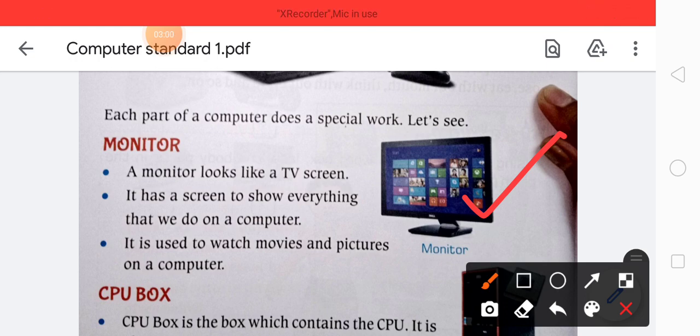It has a screen to show everything that we do on a computer. Whatever we do on a computer is shown on this screen, which is known as the monitor. Okay students, what are the uses of the monitor? We can watch any movie and pictures on the computer with the help of the monitor.